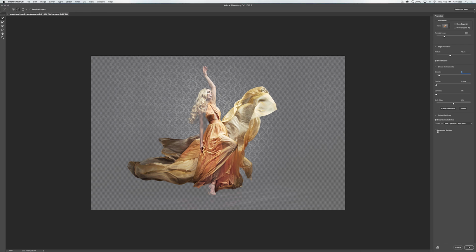All right, that's great. You can tick on Remember Settings as well, and that's going to remember all of these settings if we open up the Select and Mask workspace again in this image or any other image moving forward. Now, before we get out of here, we do have the Refine Edge Brush tool,